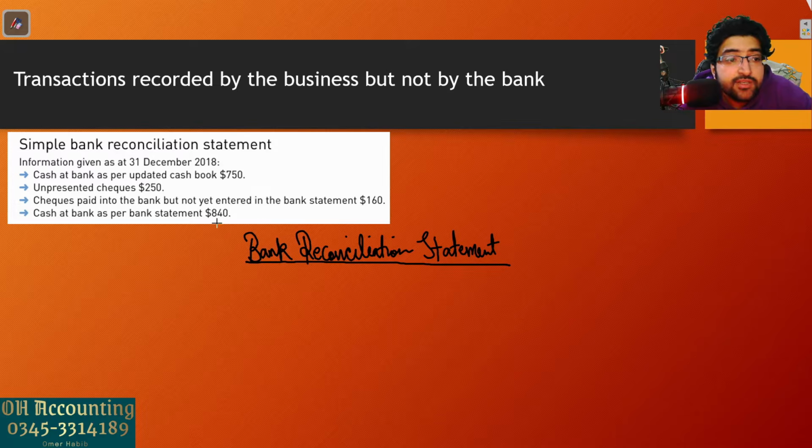Okay? I've told you the first step in the bank reconciliation process is to update the cash book, which means put those things that were present on the bank statement but missing from the cash book into the cash book and then come to a new balance. I've shown you that in the previous slides. So let's suppose our updated cash book balance is 750. So we will start with this balance